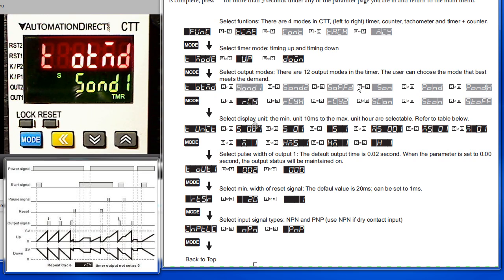There are 12 different output modes you can select from. We want the repeat cycle timer for this one, so we'll simply increment through the modes until we get there. Whoops, there it was. Press the mode key to lock it in, and then press the mode key to move on down to the